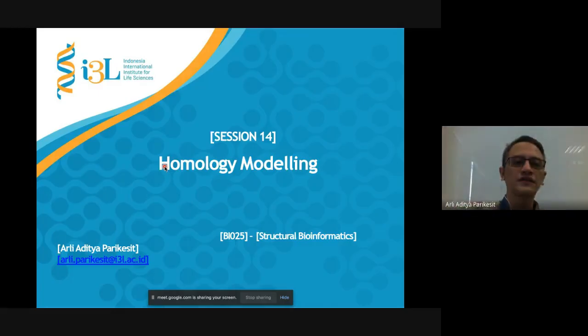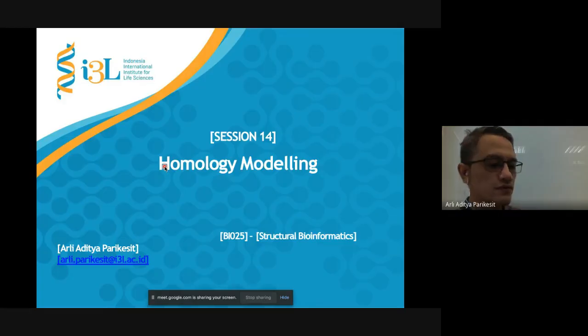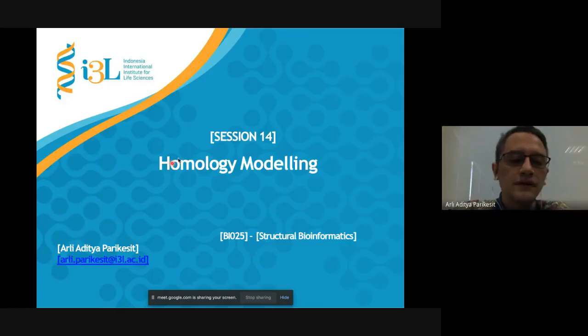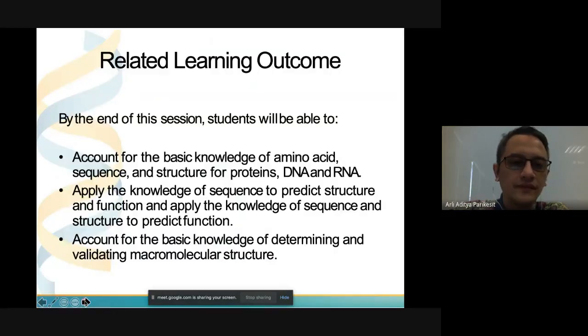The answer is, if you only have the sequence information, that will be enough for you to get the protein structure information. Now these are the learning outcomes.